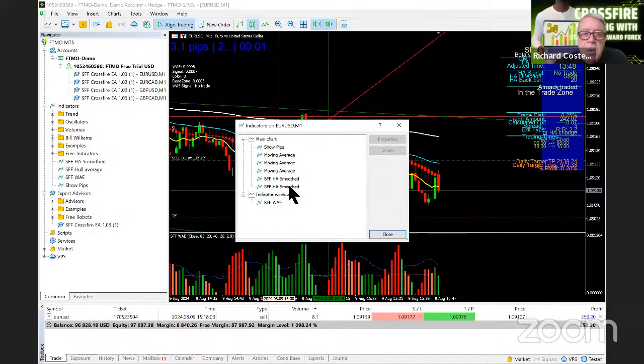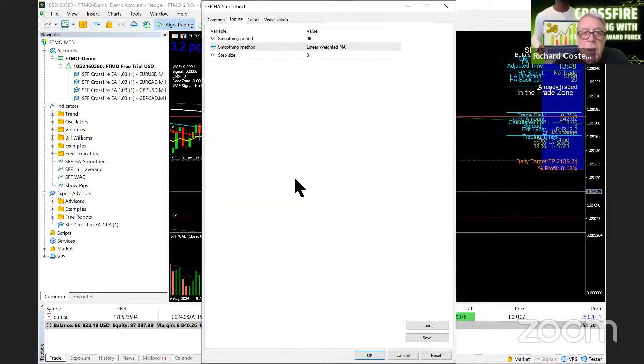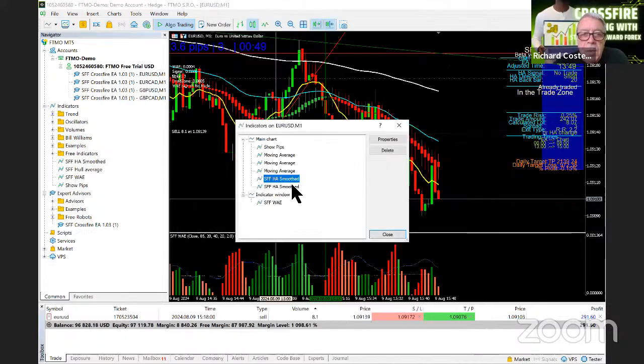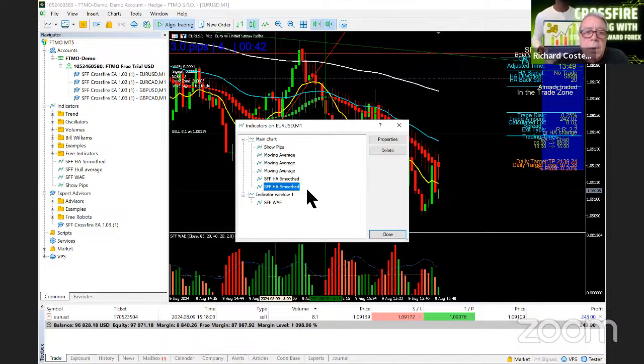So you can see I've got 2 HA smooth there, but I only need 1. They're both the same value, I'm guessing. If I look at that one, it's 38. And if I look at that one, that's also 38. So it's given me 2 identical smooth, but what it's doing is it's using up a bit more. I'm not sure if it's memory or what, but I've been told that you only need 1,